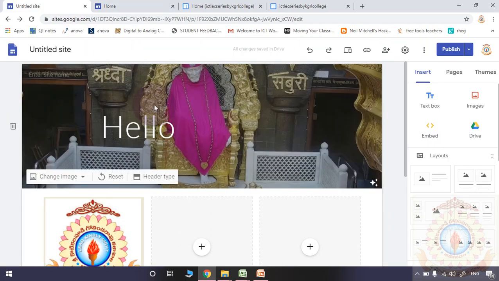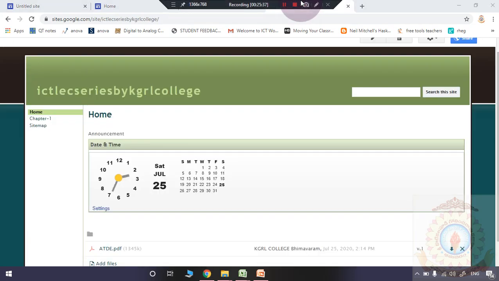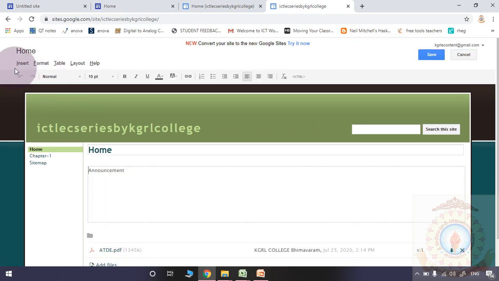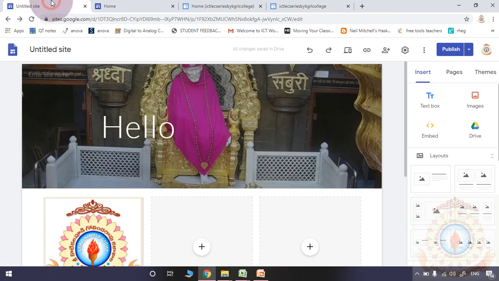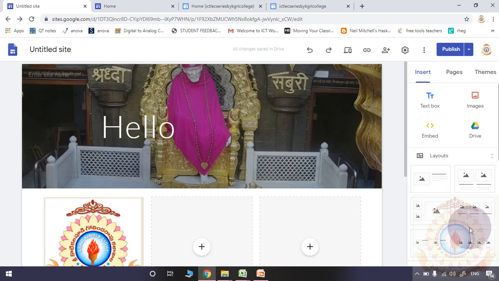So here, similar to the classic sites, you may perform all these operations, inserting the text box, images, everything. Even in the general classic sites, just by clicking this particular edit page option, you may identify these settings in this place. But in the new version of the Google sites, all these options will appear to the right side.